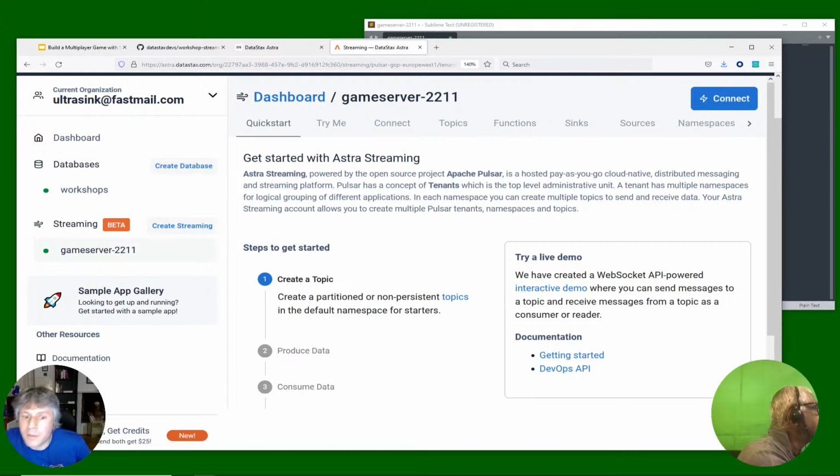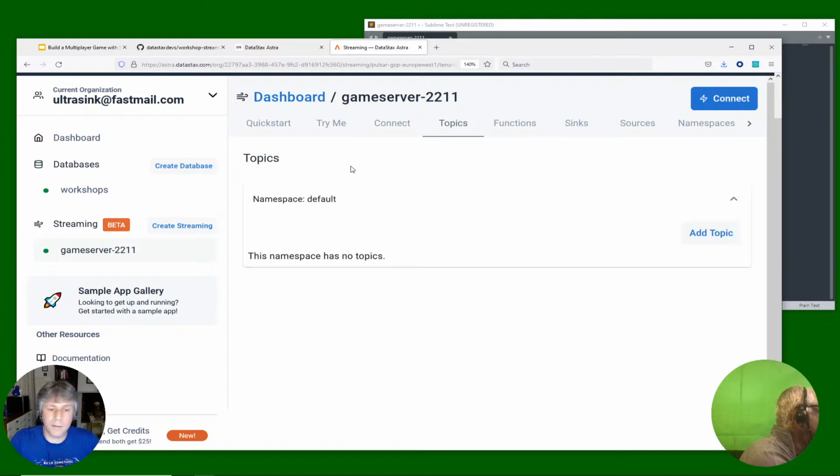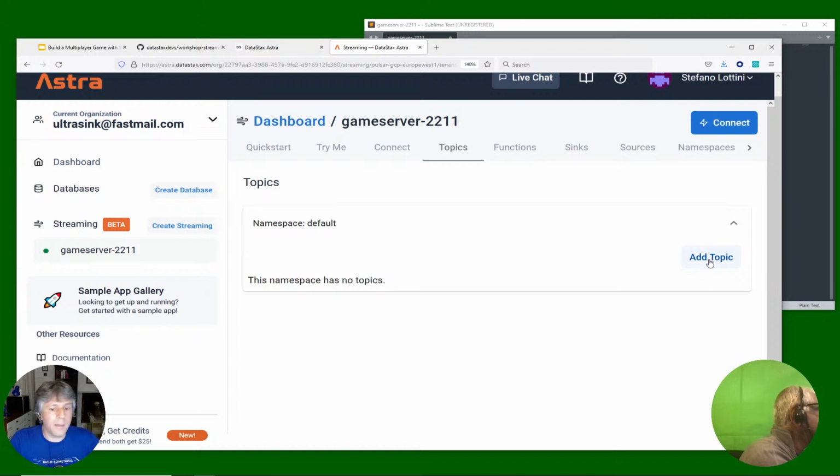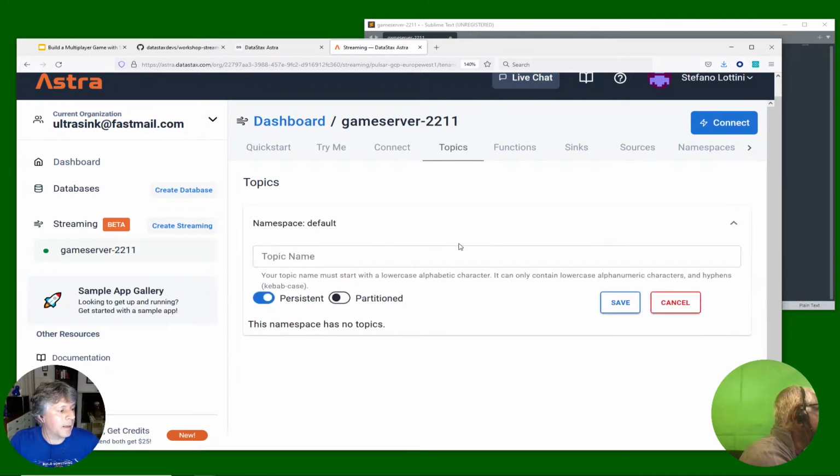I'm very happy to see a lot of thumbs up. So let's continue, because we created the tenant and we will be using the namespace called default. You remember this block containing topics, but let's create a topic. And to do that, you see, I'm now exploring my dashboard for my own tenant. There is a tab here called topics. If I click on topics, I will have a list of the existing topics. Well, there are none yet. That's why I want to click on add topic. I click on add topic, and guess what? I can